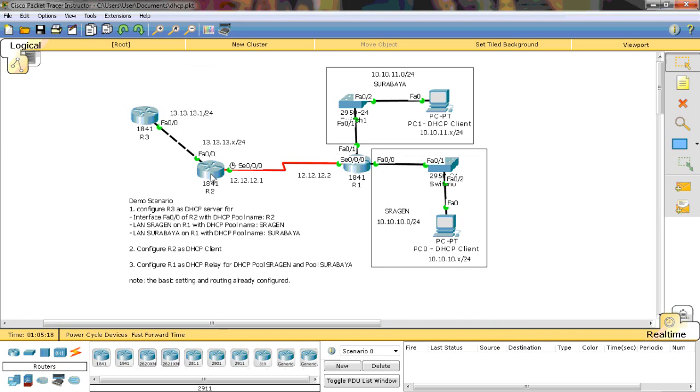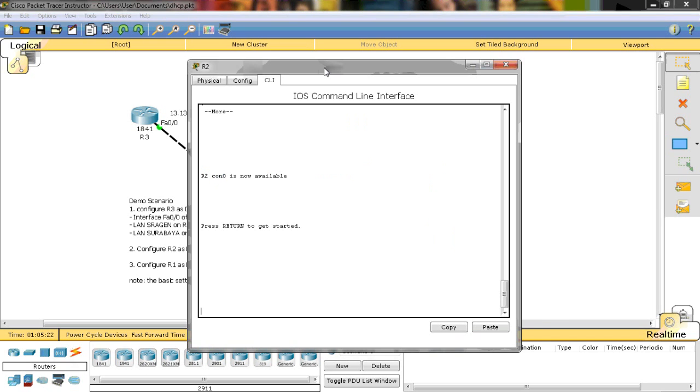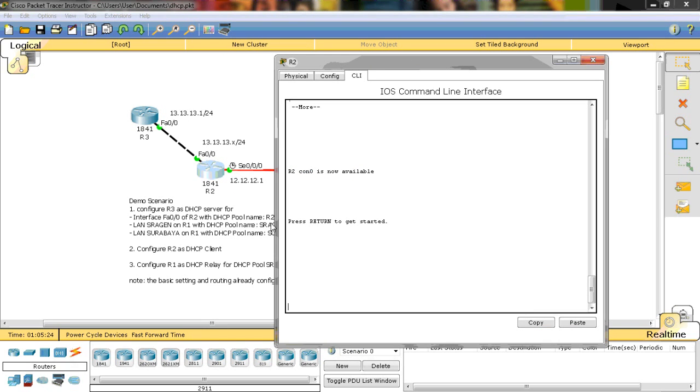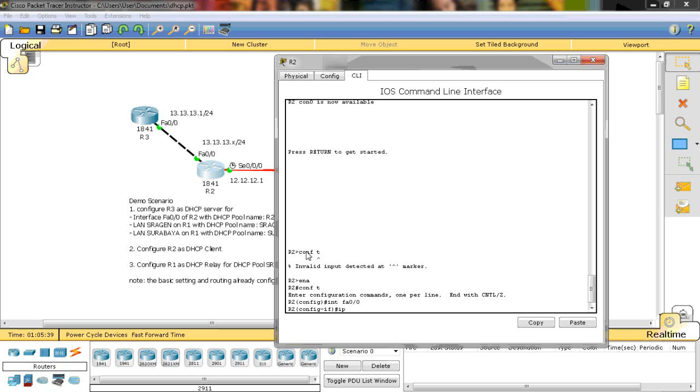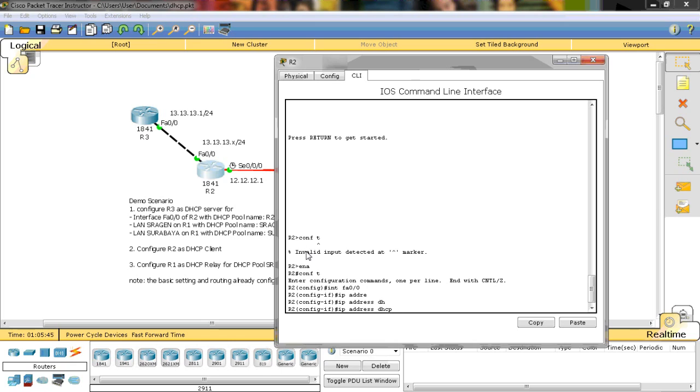So we move to the second router, R2. As we know, we want to configure this FA0/0 on the R2 as a DHCP client. So we go to interface FA0/0, just put this command ip address dhcp.